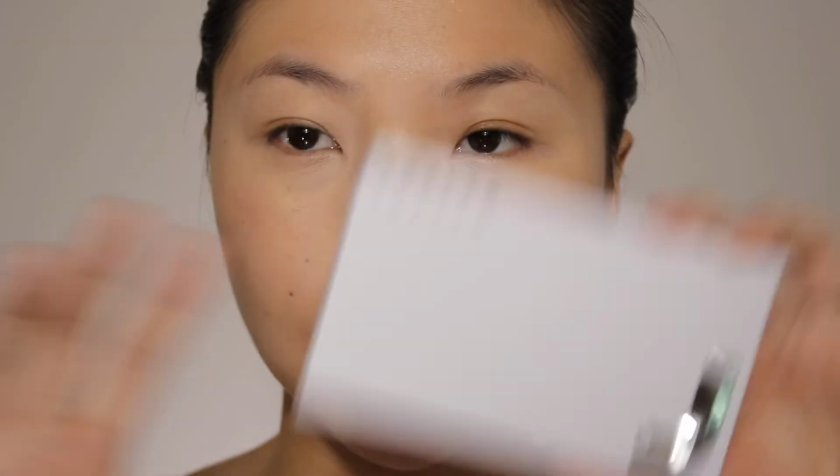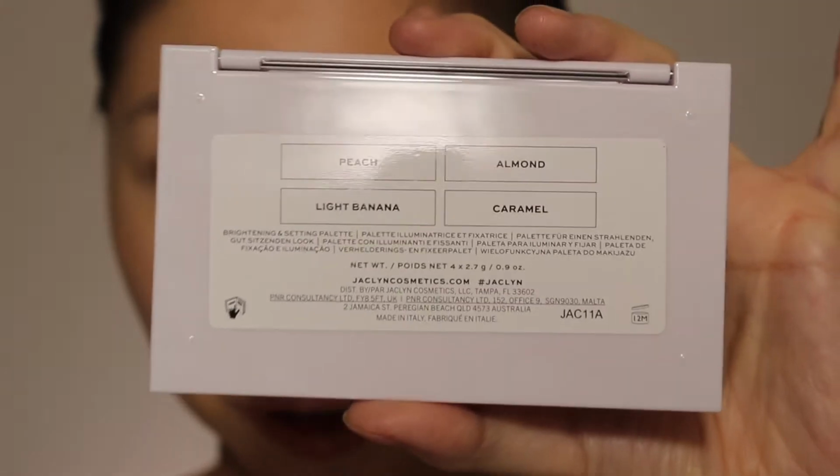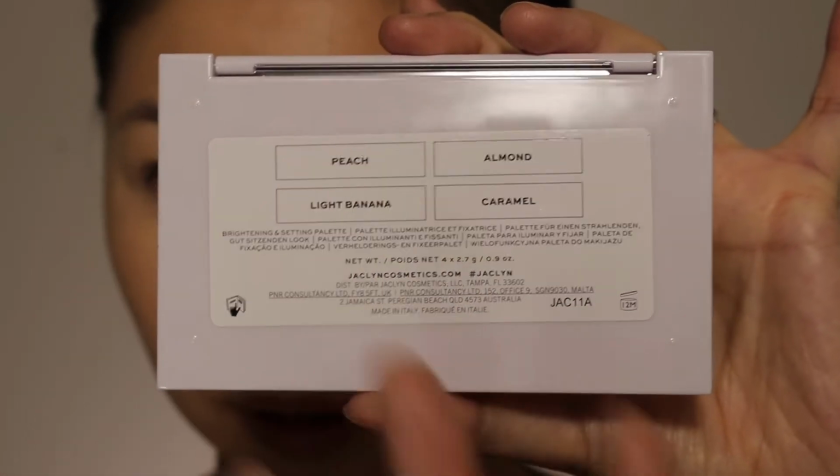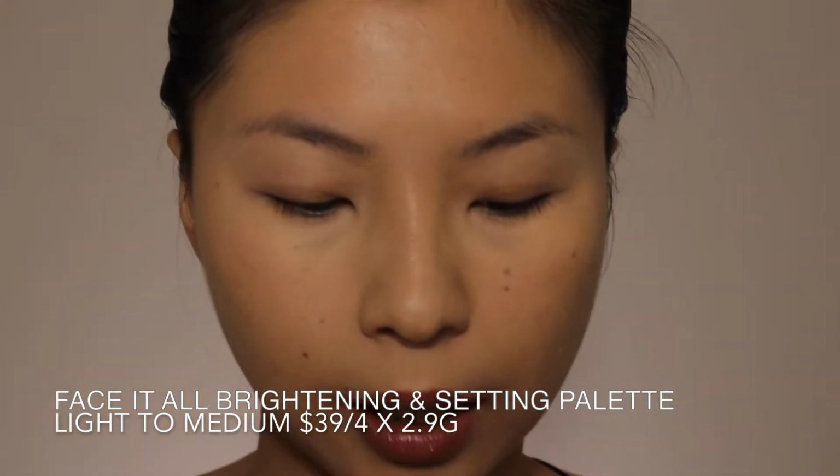So let's go ahead and set the face really quickly. This is in the shade, I think, Light. You probably don't care, but this sticker is tilted. It's not straight. I'm that person that will point it out. I'm sorry if you find me annoying, but I just want to mention that the sticker is not straight. Wow, big deal, Tess. Like, chill, okay? I know. Anyways, I was going to get the shade Fair, but they sold out, so I got the shade